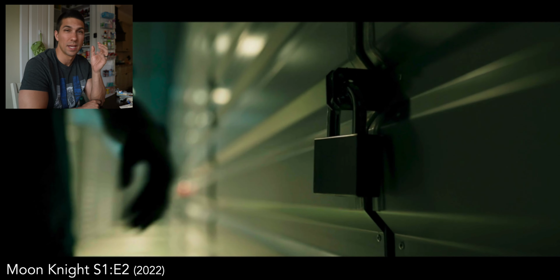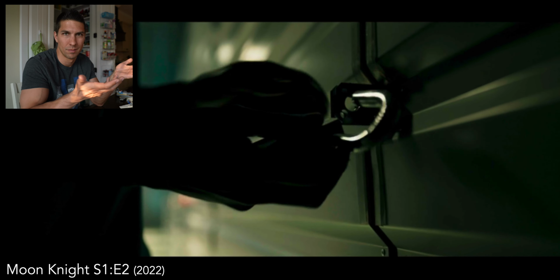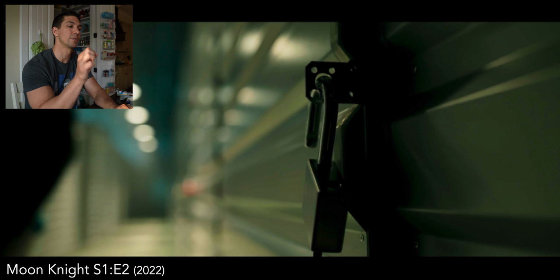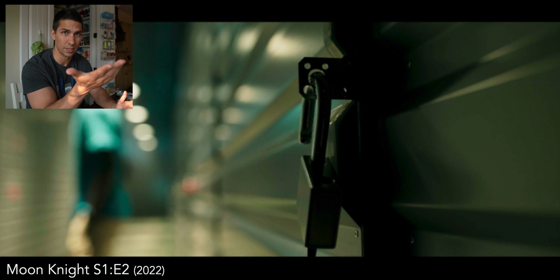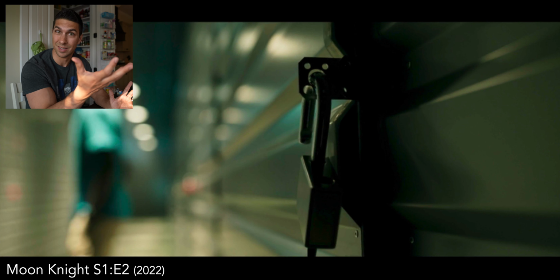Visually interesting. Then the guy unlocks and opens the storage unit for him. I'm not sure why they did that, because you have your own key, you can open your own storage unit, but whatever. This is interesting though, how they keep it focused on that. We're unlocking, trying to figure out what this thing is about that he has this storage unit he doesn't know about. So it's kind of drawing your attention to that, unlocking in a sense.